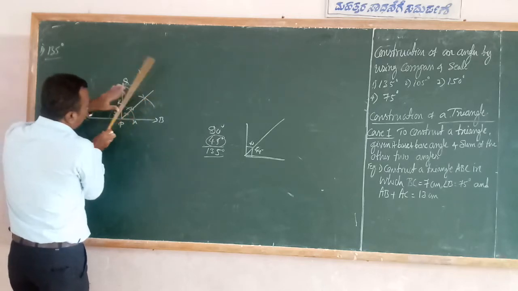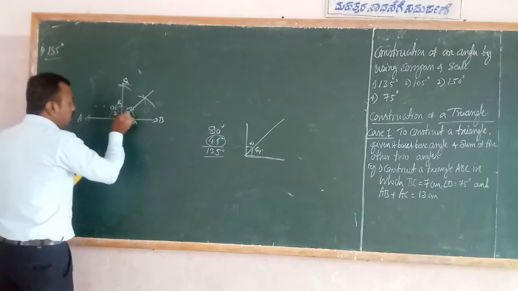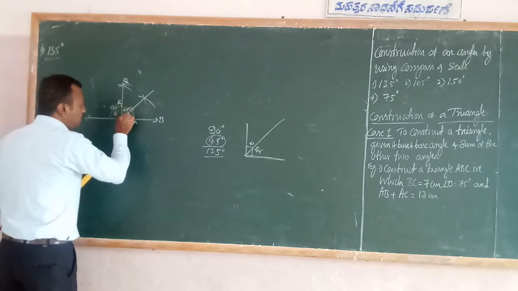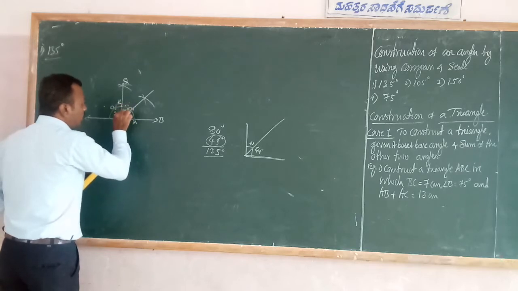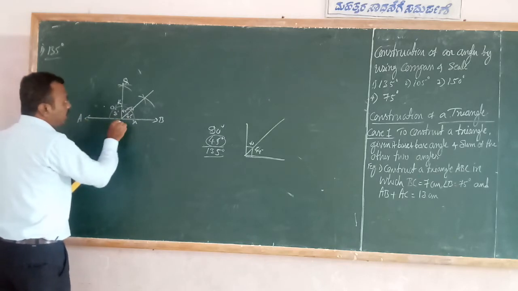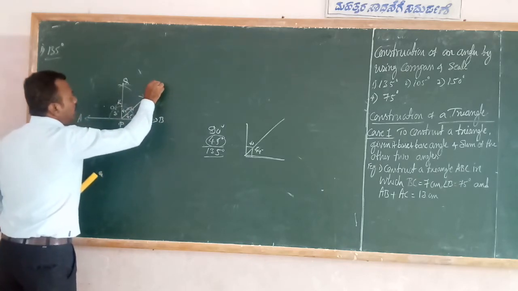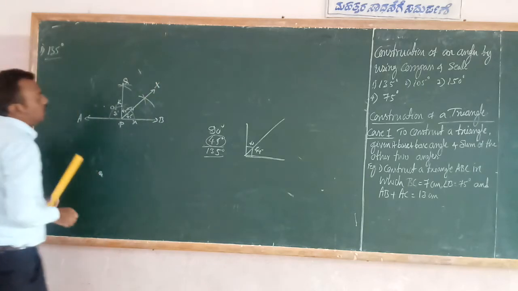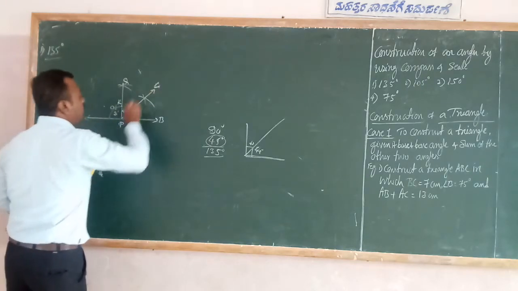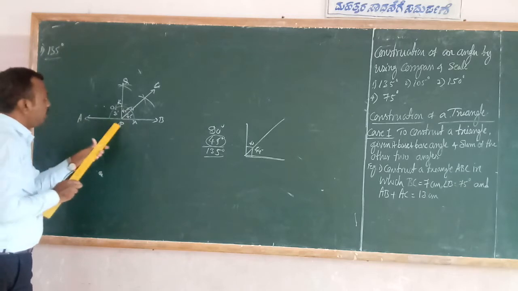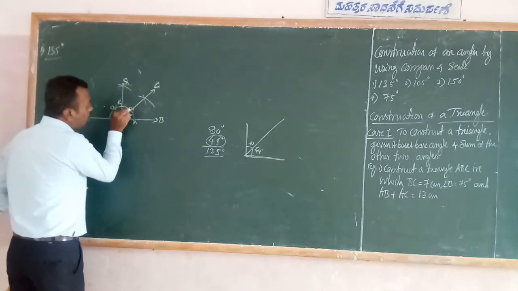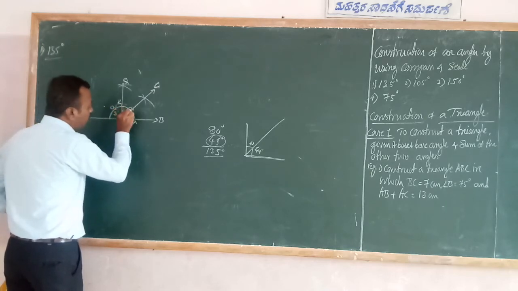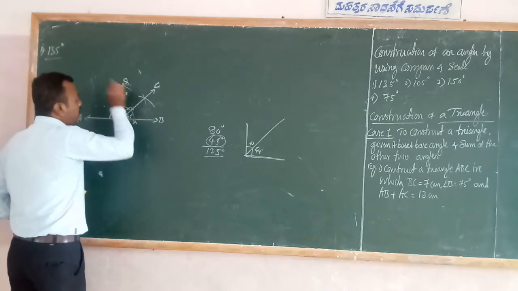Okay. Now this is 90, so this becomes 45 degree. This is also 45 degree. Is it right? Now AP, this one I will call X, otherwise C, anyone you can give. Now APC is 135 degree because this is 90 and this is 45. So 90 plus 45 becomes 135 degree.